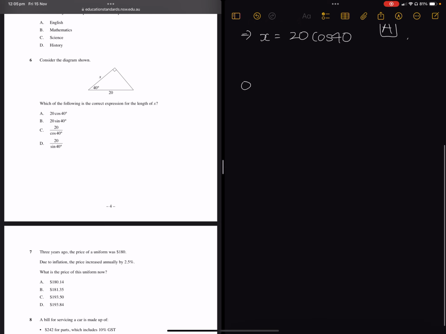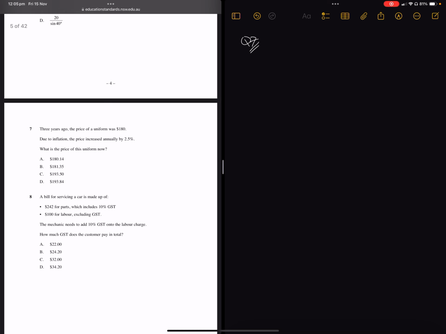Now let's move on to question 7. So for question 7, we are told 3 years ago the price of a uniform was $180. Due to inflation, the price increased annually by 2.5%. What is the price of the uniform now? We can pretty much just use compound interest. We just need to increase the price 3 times by 2.5% compounding. So we can say A is P times 1 plus the rate to the number of years. So we get the new price A is 180 times